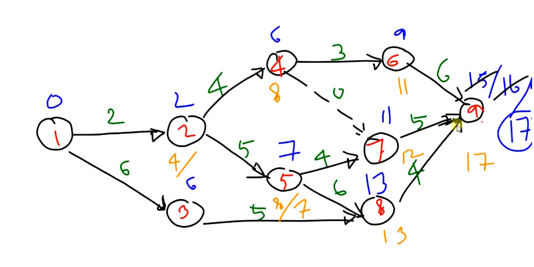It will be 7. So out of this, we will be considering 7 only. We will be discarding this one, and we will be considering 7 as the final value for the TL value of 5. Okay, now we got these two paths.